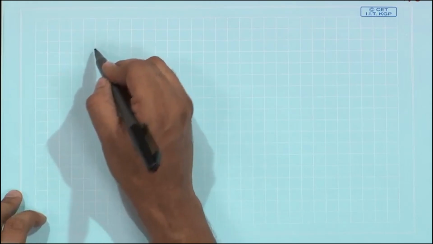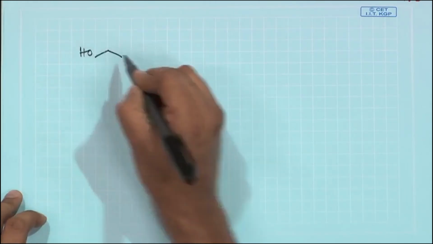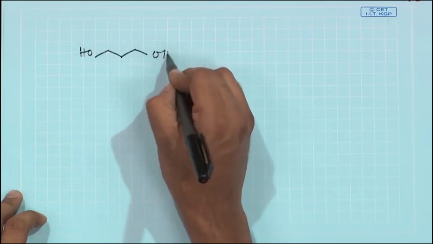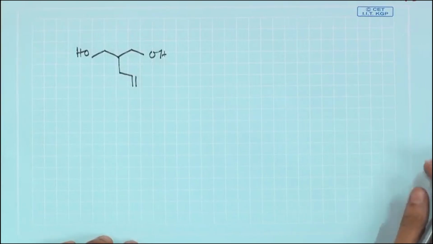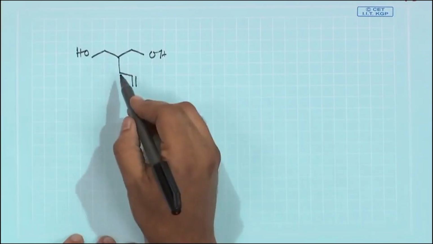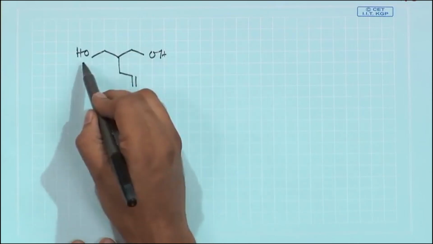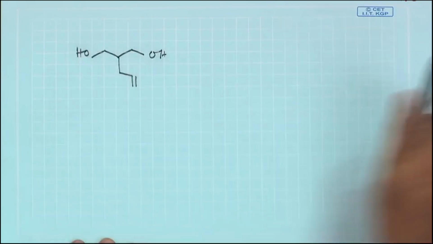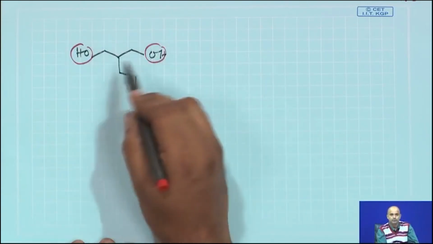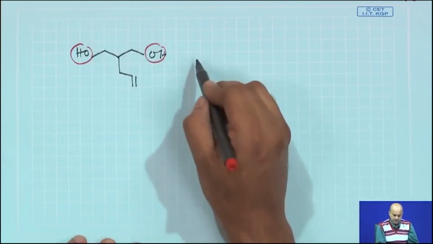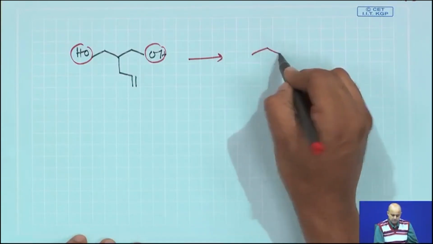Next, we will be having a problem which we have probably already discussed. I am saying that you have this alcohol. Now, this particular 2-substituted 1,3-propanediol, we already explained earlier, as you have a plane of symmetry here, this hydroxy and this hydroxy are enantiotopic to each other. I am saying that you need to do a desymmetrization reaction